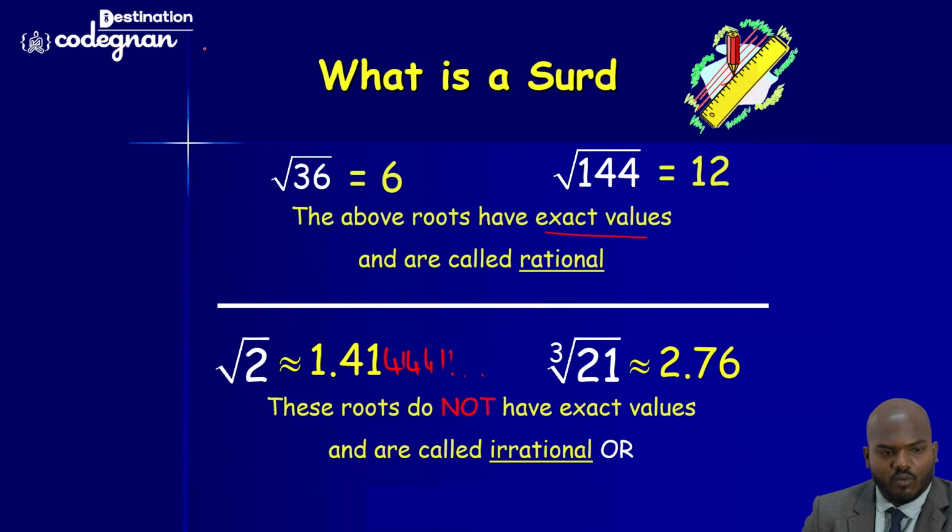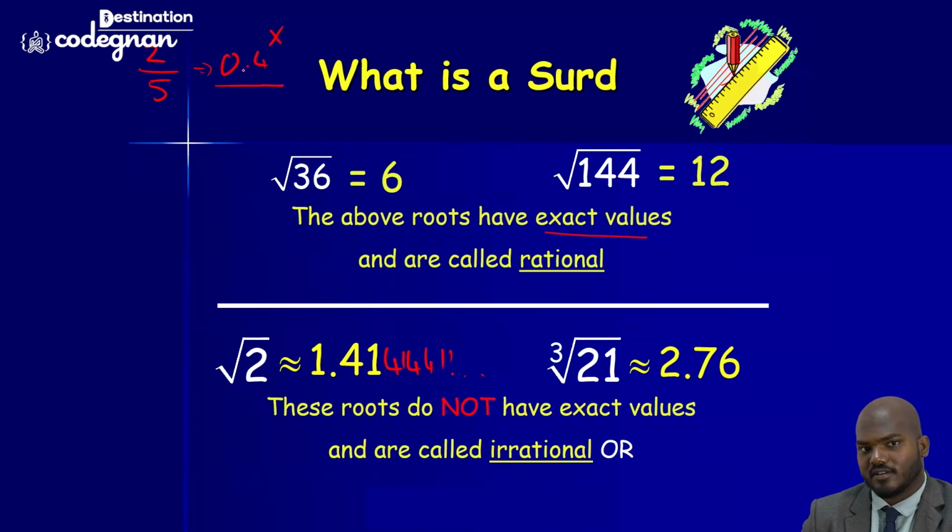we have a value like 2 by 5. So 1 by 5 means 0.2, and 2 by 5 means 0.4. That's it. But I can't call this number a surd because it does not keep on repeating. For example, I'm saying the value 1 by 3 and 2 by 3. The 1 by 3 value is 0.33, and the 2 by 3 value we can call 0.666666. You see this one?